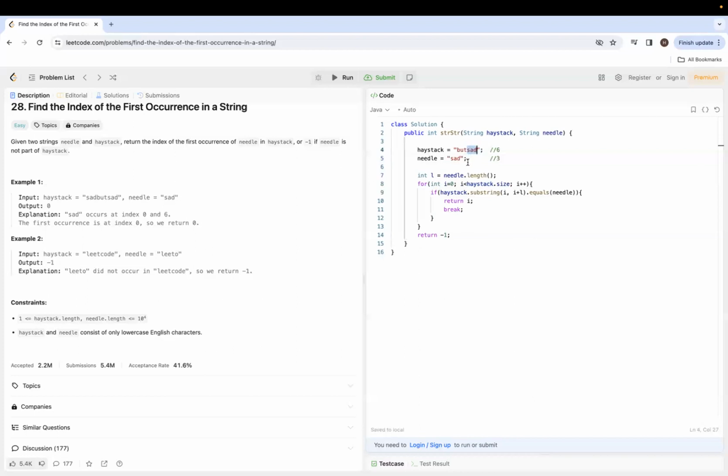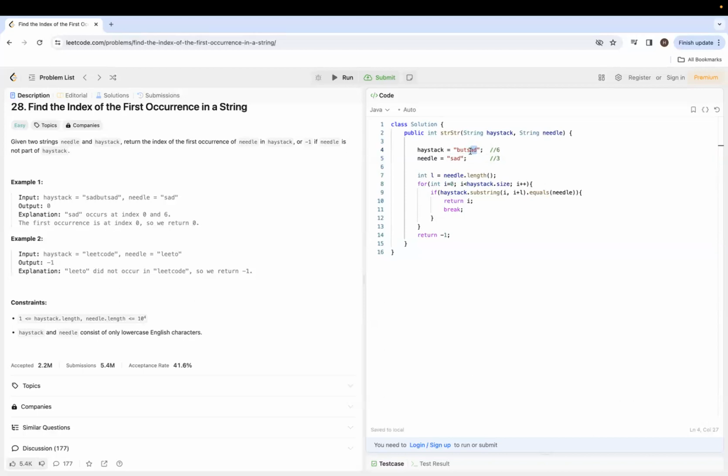Because if I go ahead at A, I am unable to count 3 characters from position A because I have only 2 characters, that are A and D only. I do not have any other character after D. So I cannot come to this position, that is 0, 1, 2, 3, 4. I do not need to come at position 4 in this for loop because it would fail because I do not have 3 characters from position A. So that is the case. I have to do what? I have to iterate my for loop